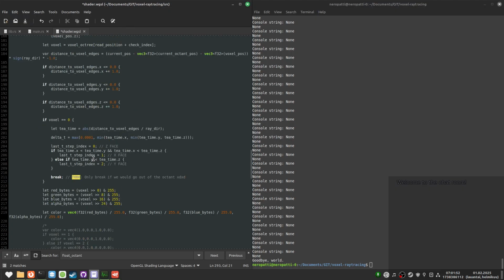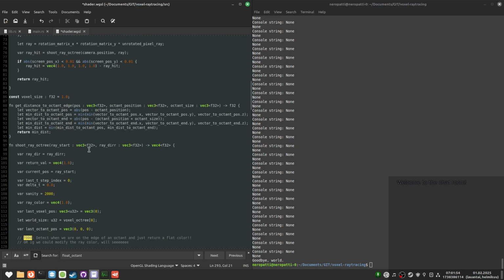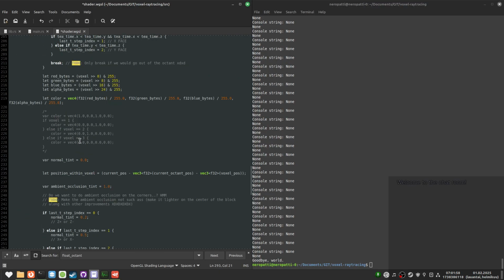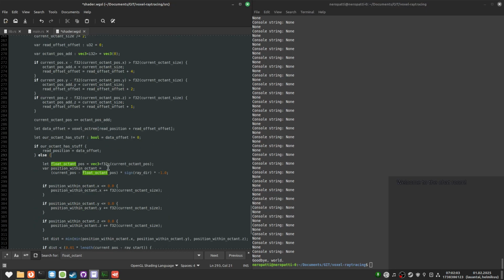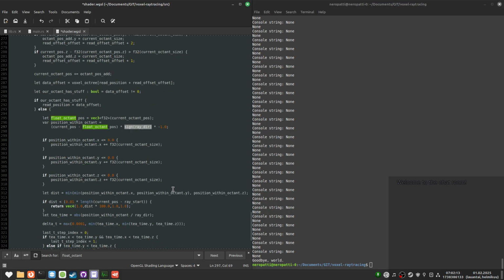Why does this function actually not work? What do we do differently in here? Return the position into an octant. Is it this thing? I have no clue.